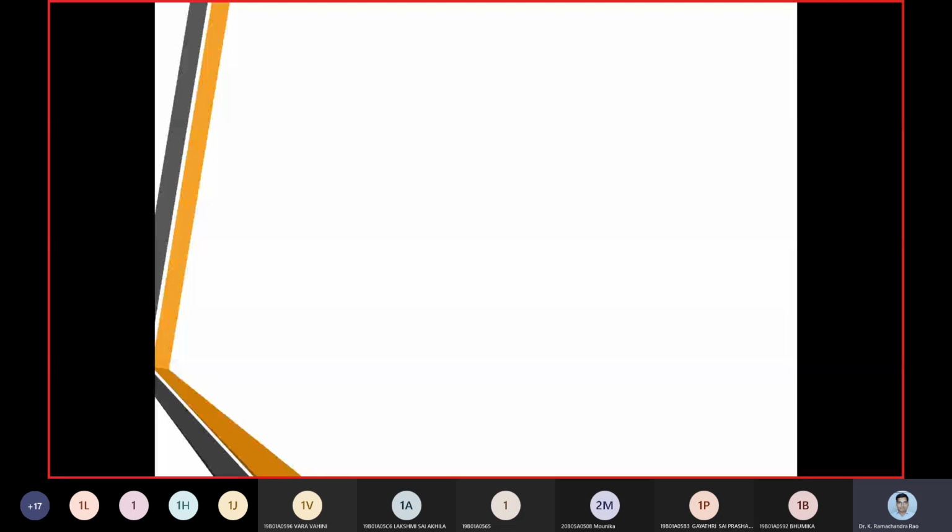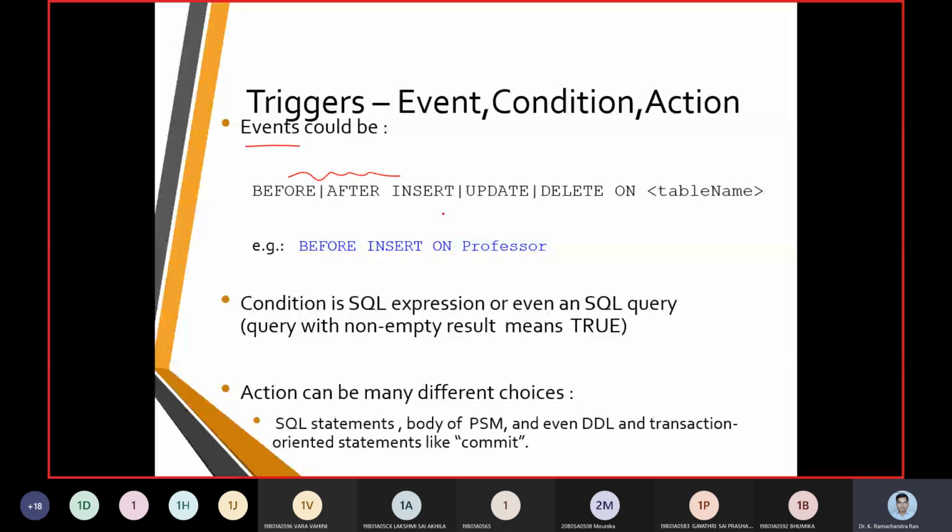So when we talk about events of a trigger, it can happen before or after, and it can happen with the operations insert, delete, and update, and over the table. So these will be the sets where the trigger is going to operate.